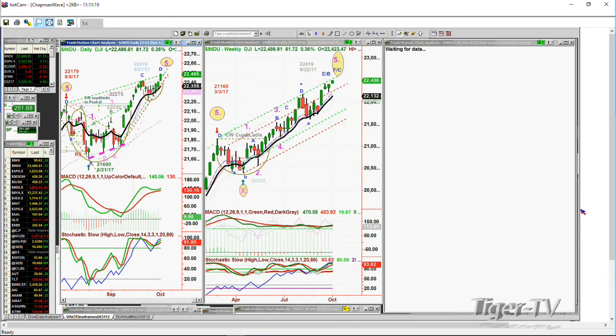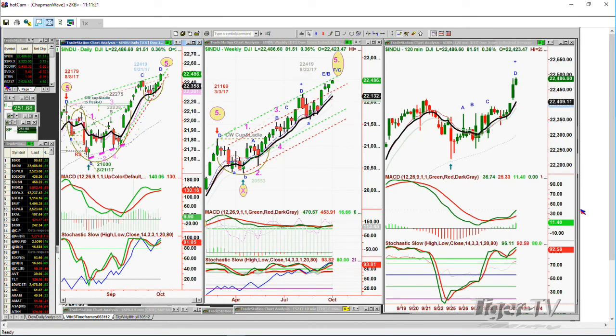81 at 22,486. It's testing the breakout resistance trend line right there, that green line, the Chapman wave inside track. It's gone above it, but the day is young. I want to see where it closes. I have got this as a wave 5 in the Chapman wave and a leg D. Finally got that D. And the MACD is good. That's the MACD, not the D, but the MACD,